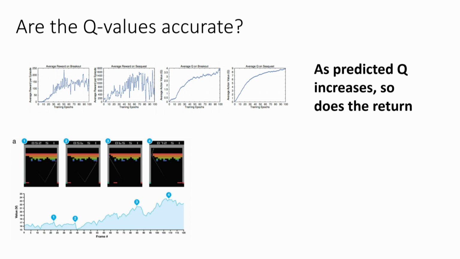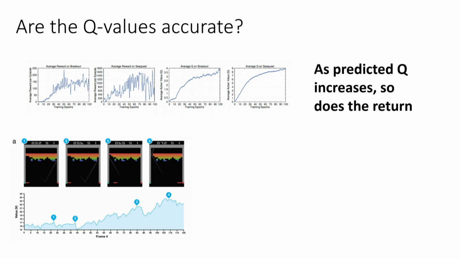We can look at what happens at different points in time in an actual episode of the Breakout game. For those of you that don't know how Breakout works, there's a little pink paddle here. It moves around left to right. There's a ball that comes down. You have to hit the ball with the paddle, and then it bounces up and hits these bricks. The goal is to break the bricks. So it's a very anti-establishment sort of game. You have to destroy all the barriers.